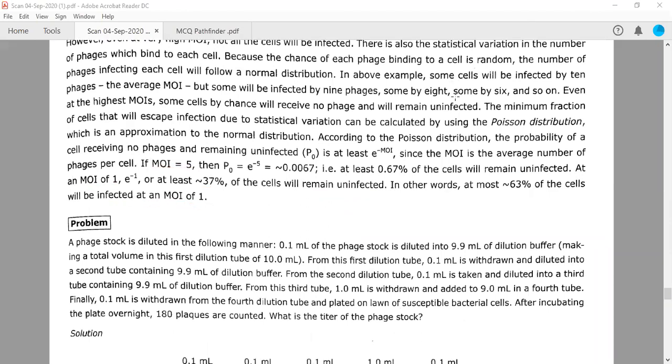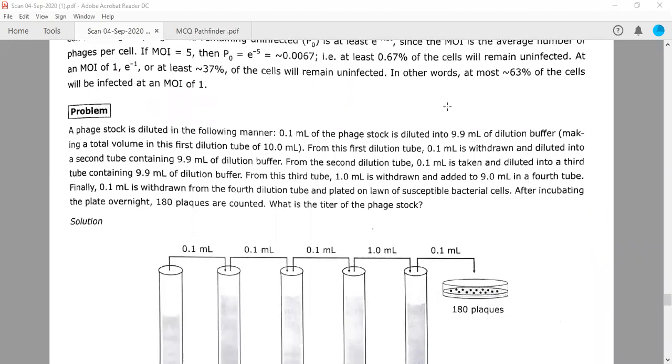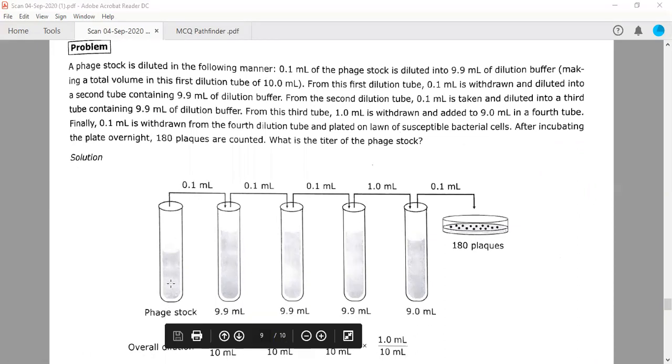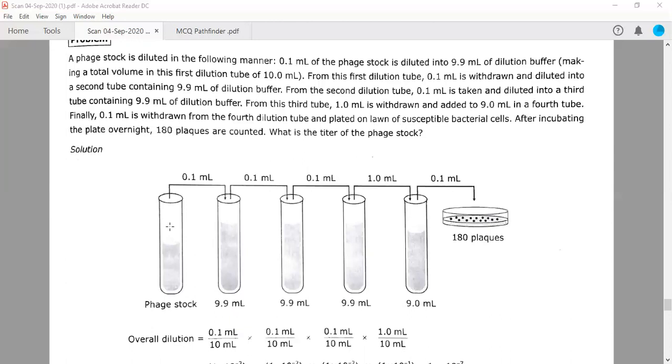So the first question is quite simple, and this is from the first problem, in which you need to count the number of CFU, colony forming units, in this particular tube. This is known as the stock tube, stock. So you know stock is very concentrated, so you need to count in this particular tube, but the question is quite complex, so you need to read it carefully. This is not as simple as what we have solved in the text, right?